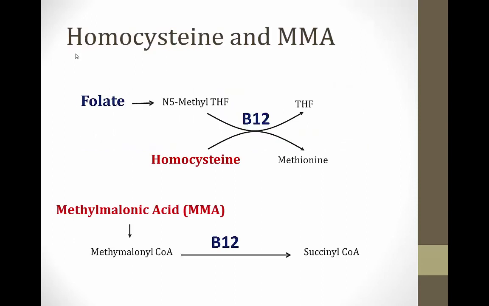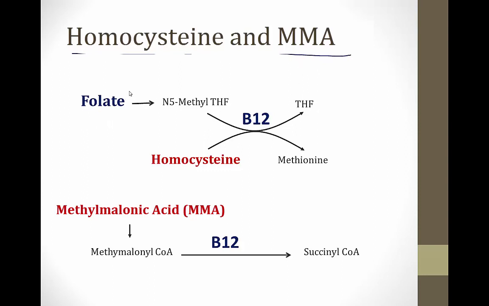When you have a patient in whom you suspect a folate or vitamin B12 deficiency, you will often measure the plasma levels of the amino acid homocysteine or another molecule called methylmalonic acid. And the reason you measure these is because you can use them to diagnose a folate versus a B12 deficiency. And in order to understand how to interpret these, we need to look at a little bit of the chemistry